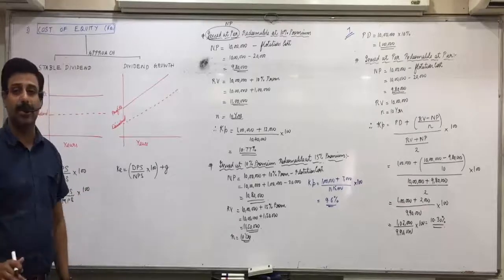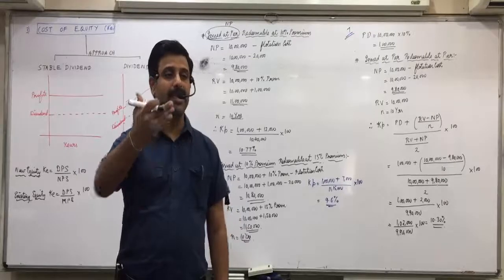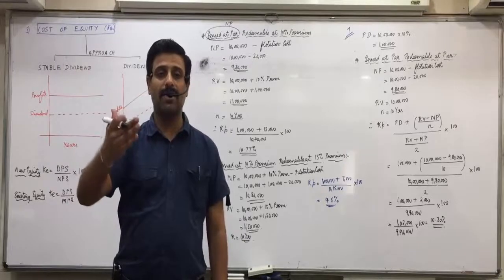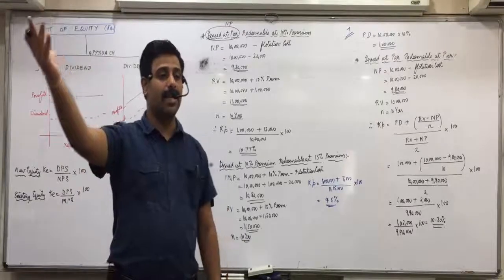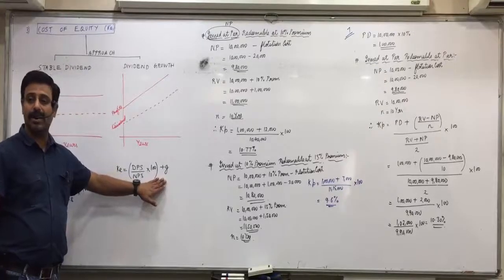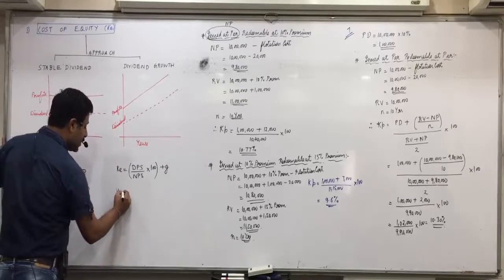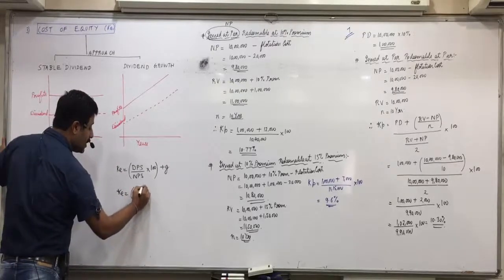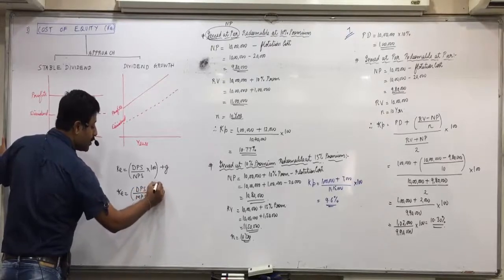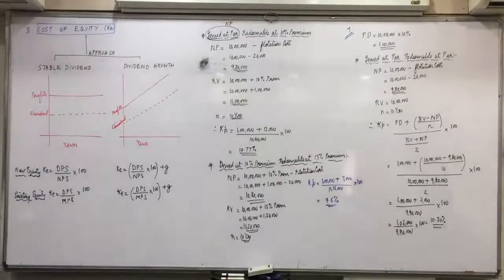In the beginning of the chapter, I explained to you yesterday, what is cost of capital? We have to give that return which they expect from us. And opportunity cost also I told you. At least that much should be given which they would have otherwise earned by investing elsewhere. So here this growth rate is to be added because that is the expectation of shareholders from our company. Okay. And if it is existing equity, then DPS upon MPS into 100 plus growth rate. Is everyone clear with this?